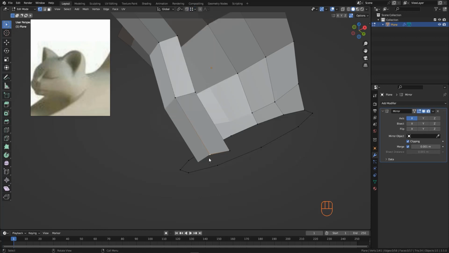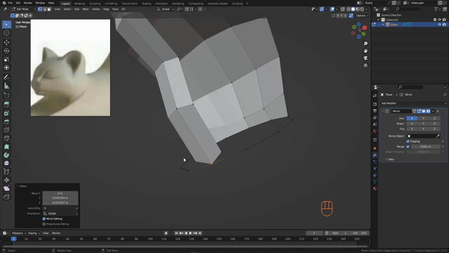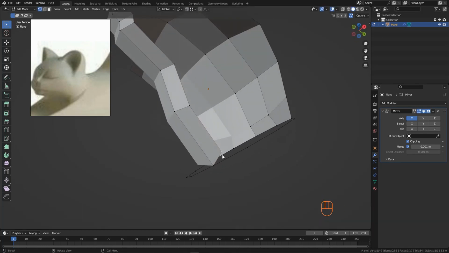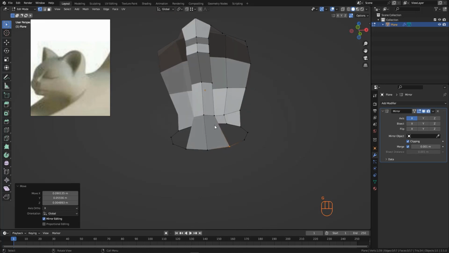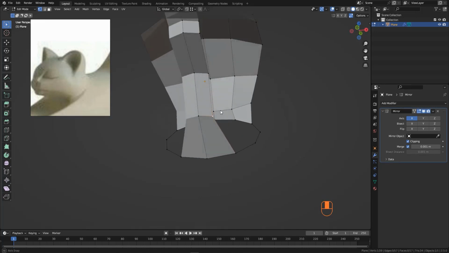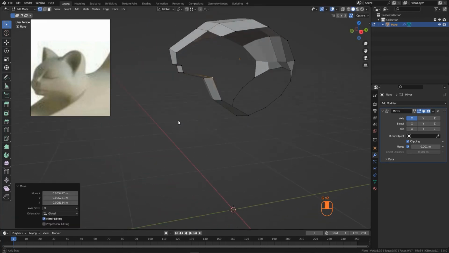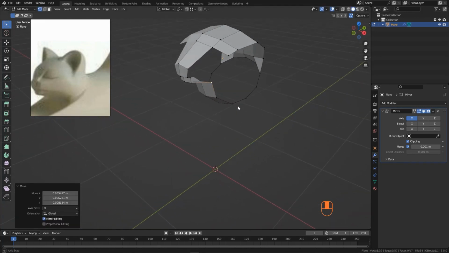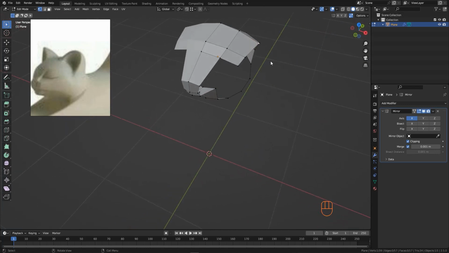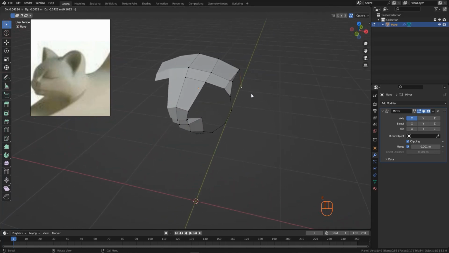And that's all. Now grab this, hit the key to move, and now it's following the mouse. Hold control and snap it, and that's it. The same thing for this one. Hold control, snap this right here, and that's it. From a specific angle like this, you can move this vertex like that, this one like this. Now we got something. Right now let's grab this vertex and I will hit E to extrude this vertex like